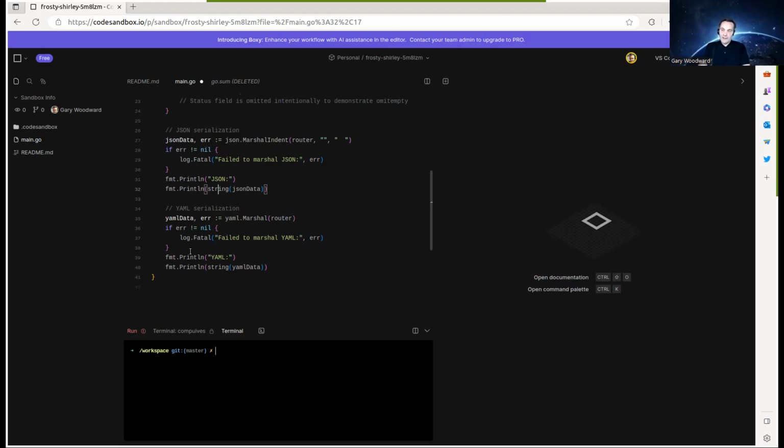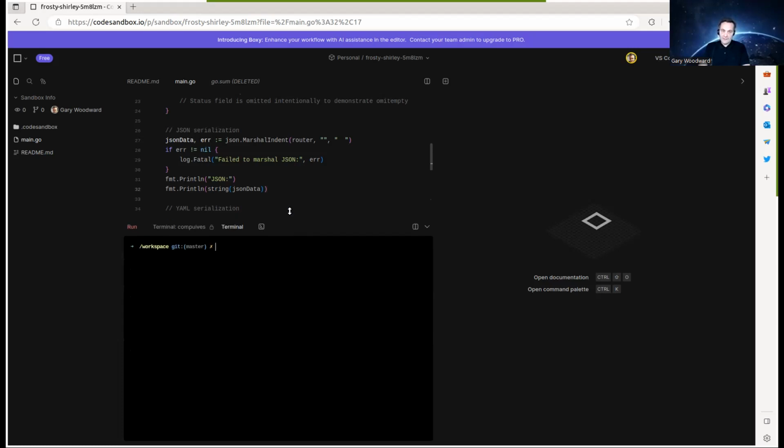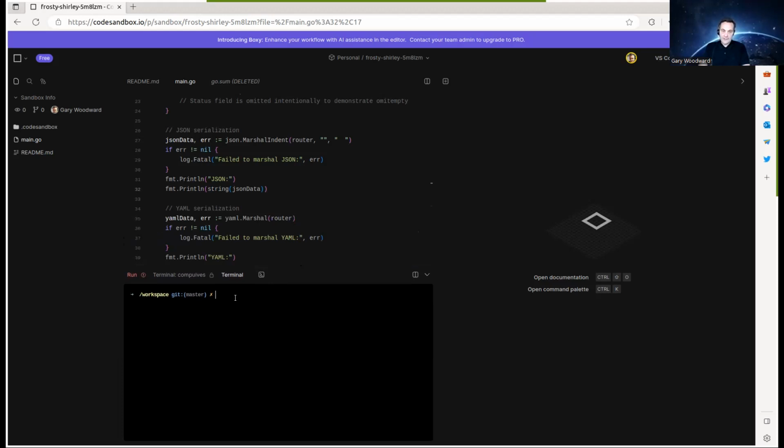But there's a few things we haven't done here. Let me run this and show you that it's not going to work. I've got a terminal window down here. To run this program, the file is main.go, so we would do something like go run main.go to execute this program. Okay, so it's come up and it said, hang on a minute,